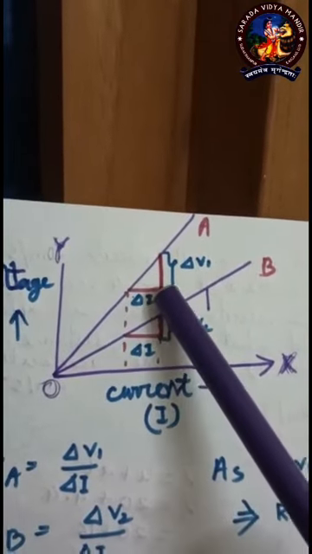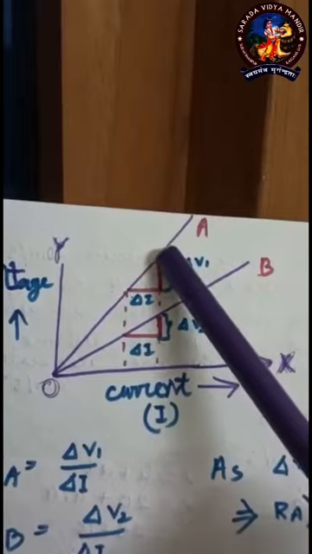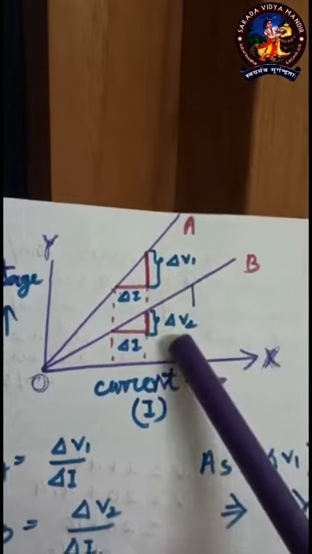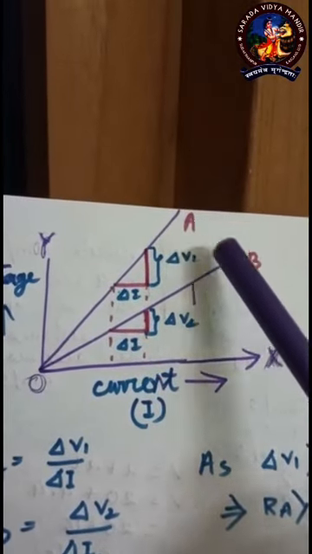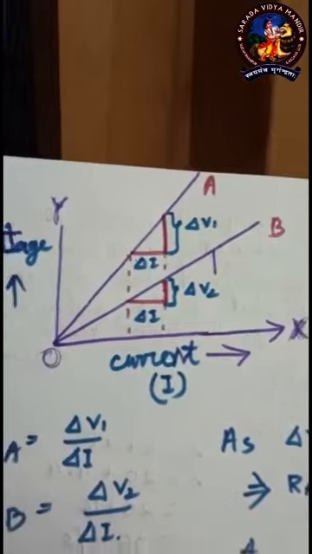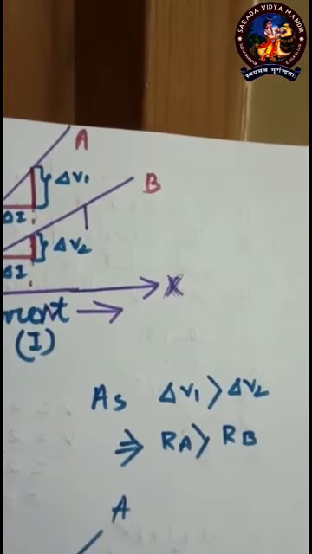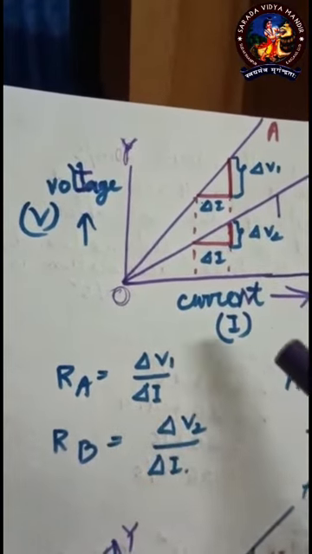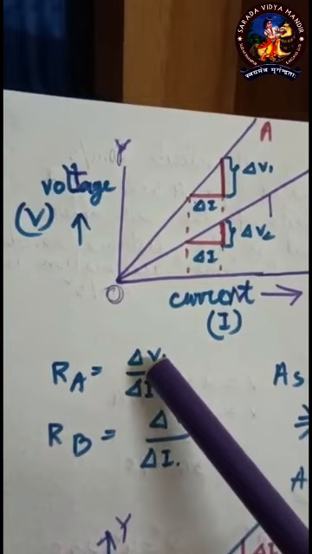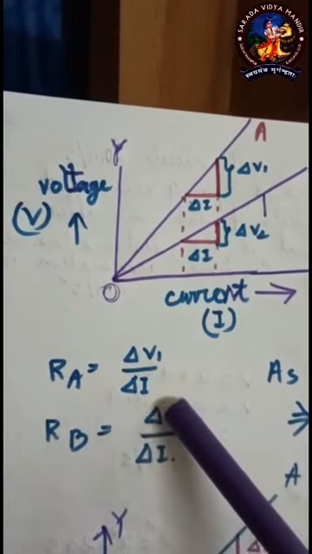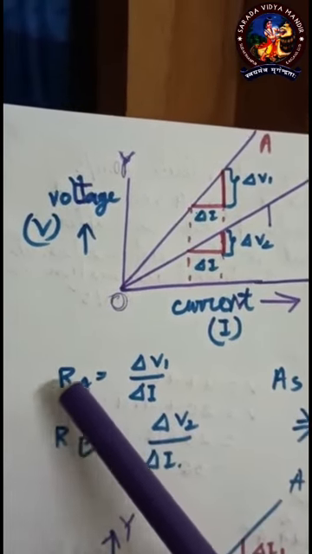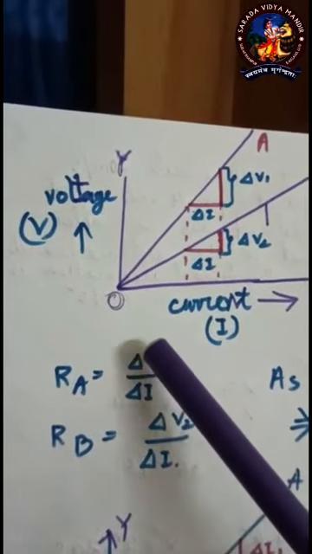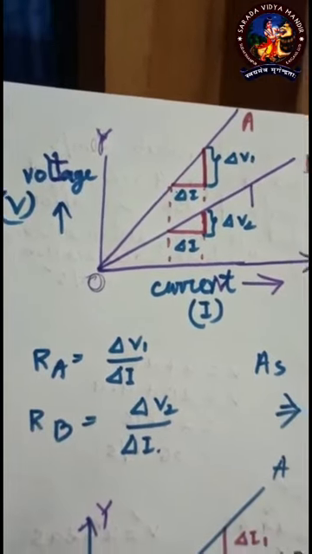So for those same del I, we are getting different del V, because I have to complete one right angle triangle. Now you see here the del V1 and here the del V2 coming from graph A and graph B. Now if I want to have the slope, how to get it? Obviously I have to go with del V by del I. So del V by del I, from Ohm's law, what we know, the voltage by current is representing resistance. So the resistance RA would be del V1 by del I, because that is the small portion of voltage by current, that means it is resistance only.